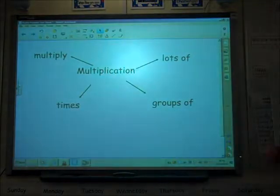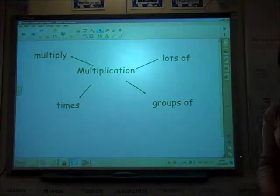Then multiplication, again, the vocabulary is so important. We're talking